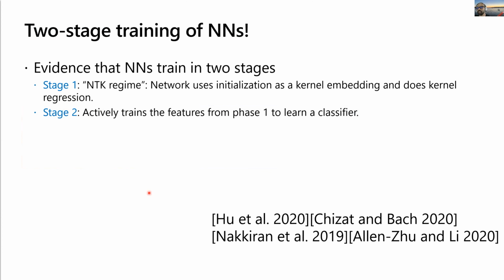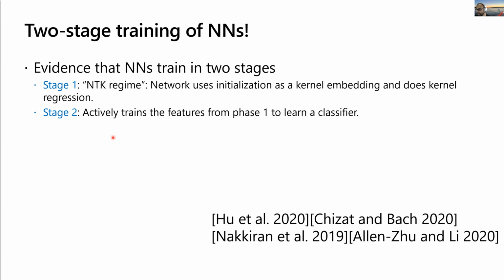Note that in the original NTK paper, which is analyzed mostly for infinitely wide networks, the features are constant. When the network is infinitely wide, the implicit kernel induced by the features doesn't change. But we are talking about finite width networks, so the features will change, and that's expected and desirable. But the phenomenon still happens where the network uses a changing kernel, but it does kernel regression. That's stage one. Then in the second phase, once this initial feature training has happened, it further trains the features to learn the decision boundary.